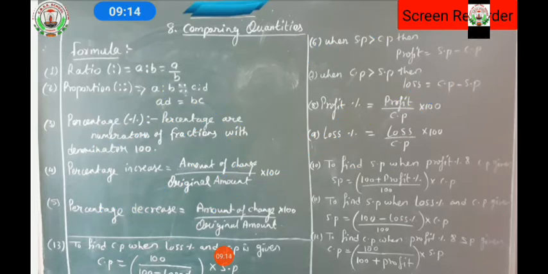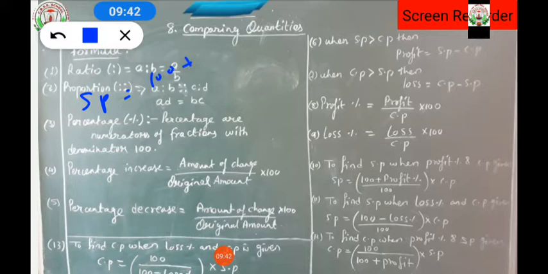Now the next formula we are having is to find CP. Now after seeing the selling price, we are going to see the cost price, isn't it. Now we are going to find the cost price when profit percent and SP is given. So at that time the formula will be changed, cost price equals to. Similarly, you can generate the formula from this, student. How to generate the formula? The SP is equals to what we are having the formula as, isn't it, 100 plus profit percent upon 100 into CP we are having.